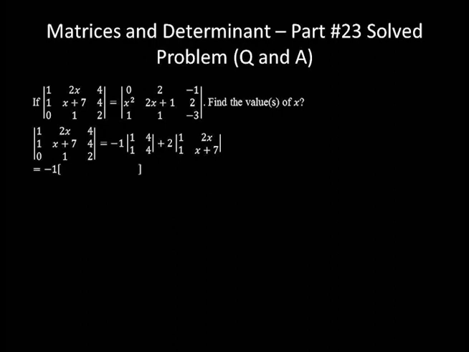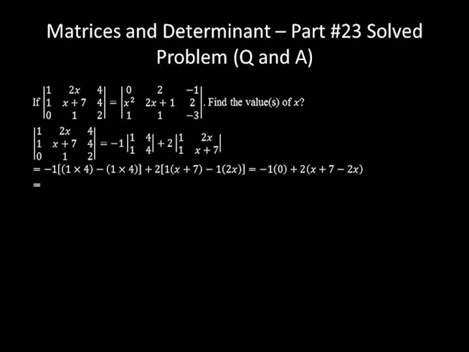To find the determinant of the 2 by 2 matrix, we have to multiply main diagonal elements, and from that product, we have to subtract the product of the remaining 2 elements: 1 times 4 minus 1 times 4, plus 2 times 1 times x plus 7 minus 1 times 2x, which is equal to negative 1 times 4 is 4, minus 1 times 4 is again 4, 4 minus 4 gives us 0, plus 2 times 1 times x plus 7 is x plus 7, minus 1 times 2x is 2x,